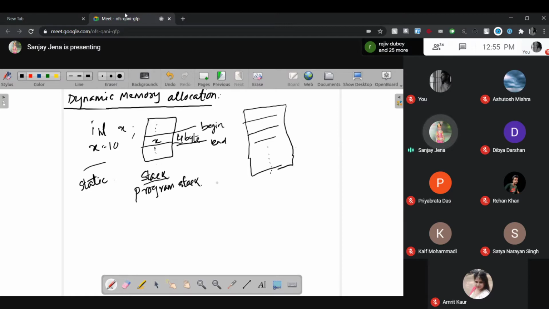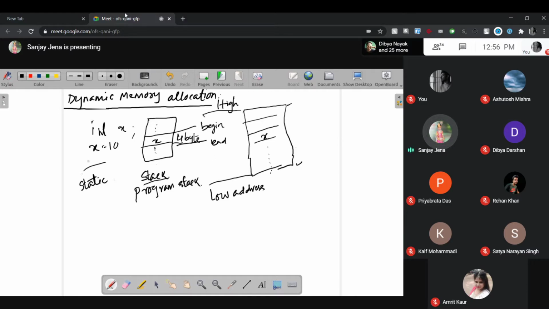This particular part is called the low address, and this point is the high address. The stack grows from higher address to lower address, and in between, x will be allocated here.